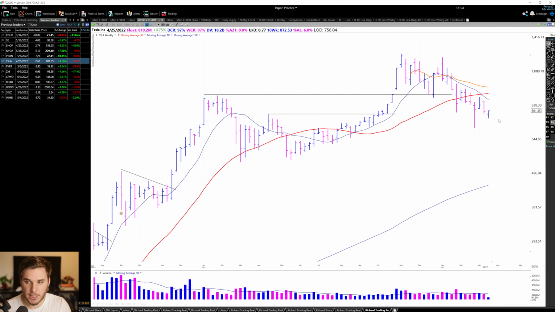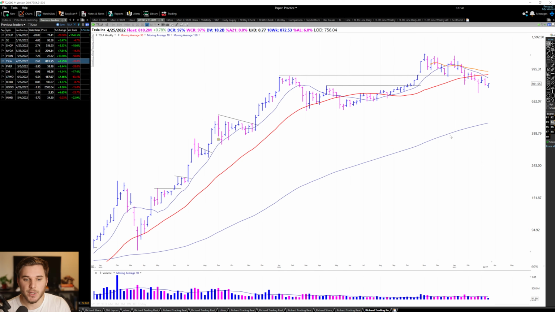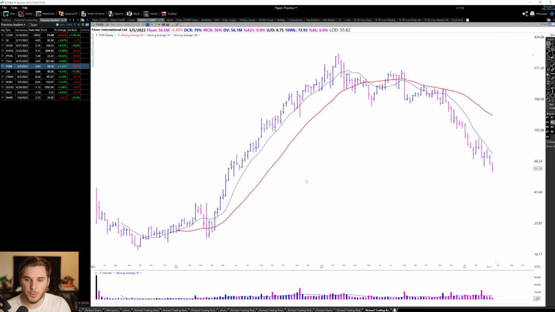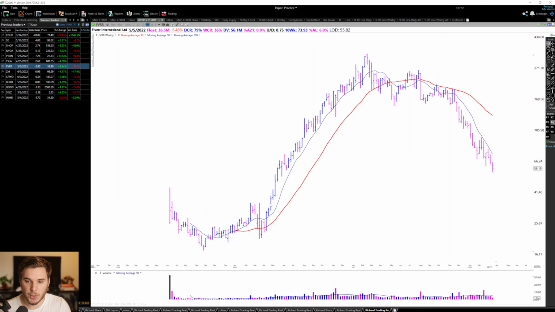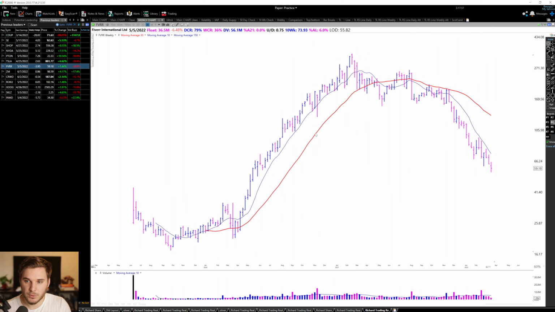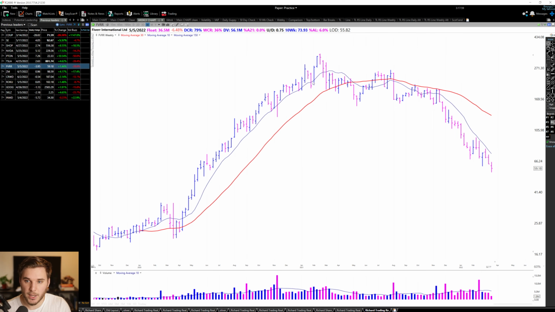So this really keeps you on track of where we are within the life cycle and what is the prevailing trend of the stock. Moving on, we've got Fiverr, another example from 2020. Super strong move here, nice respect back in this area. And you can see we don't really get a close below it until all the way up here,